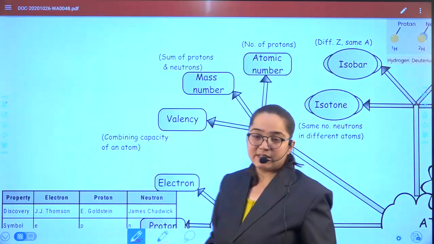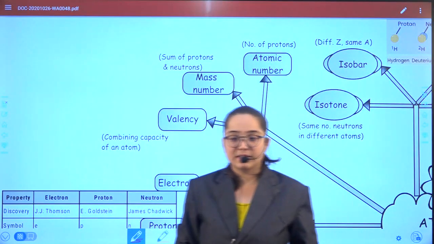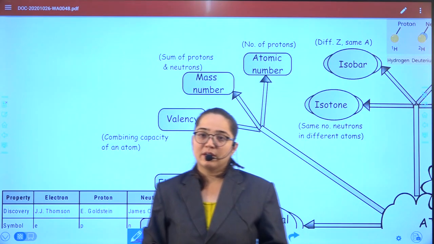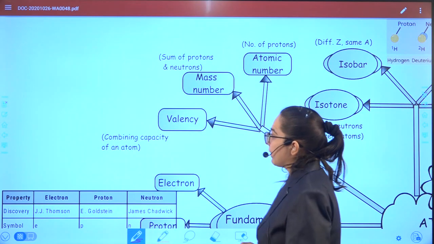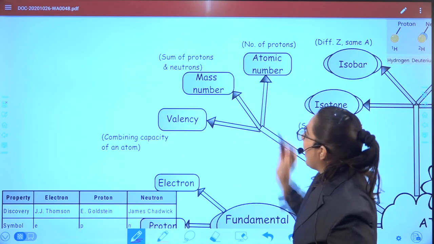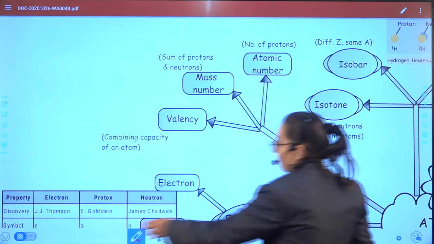That is about the valency. It is the combining capacity of any atom. This is its basic definition. And how it will combine, that will depend on the number of electrons it is possessing. If we move further on the next concept, that is the atomic number. For any atom,